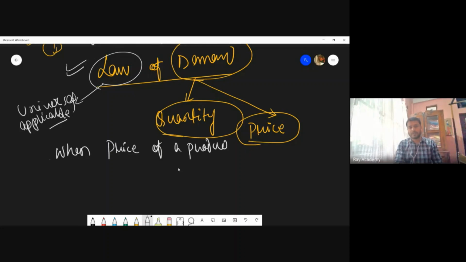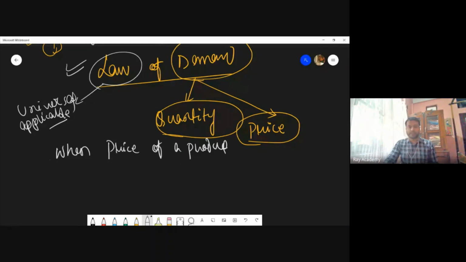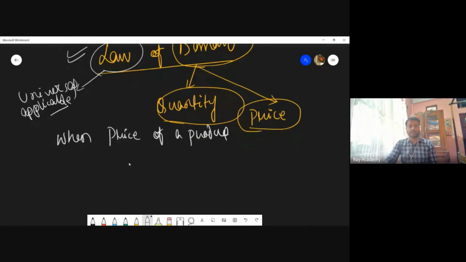see, product can be different. Product can be tangible or it can be intangible. What is tangible? Tangible means which you can touch. Intangible means, for example, I am teaching you, it is intangible, you cannot touch it, but you can only feel it. You can see me, so it is like a service. Tangible means a physical product. So product can be different. You shouldn't misunderstand that product means only tangible. It can be tangible as well as intangible.